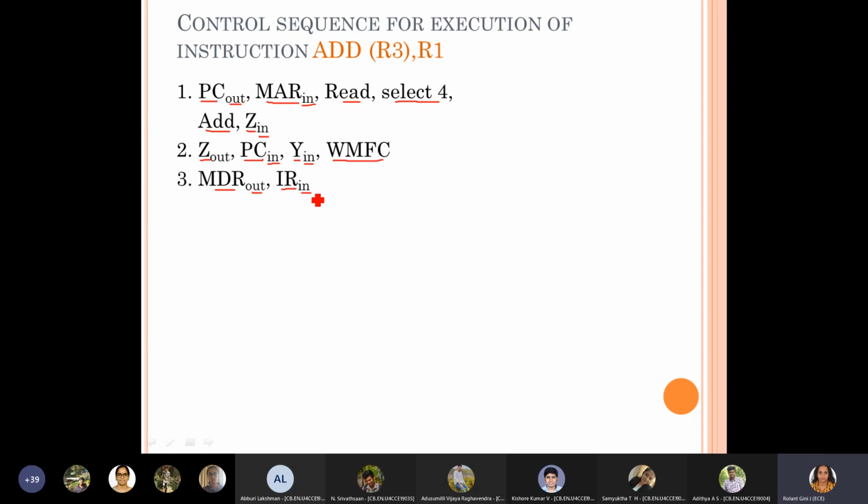Okay, now from the instruction we can understand that it is the add instruction where value is supposed to be taken from memory pointed out by R3 and another value from R1 should be added. So what is the next step here? What is the next step here? Instruction has been read and available, and we know what operation it is. So for this particular operation, what should be carried out in the next clock cycle?